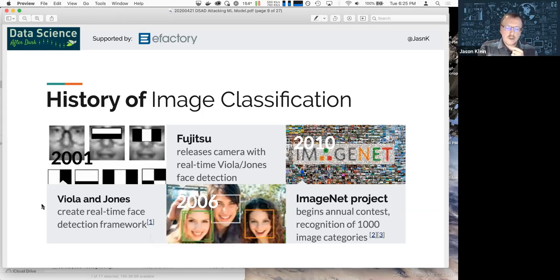But in this particular case, they were able to find a super efficient way to feed images into the computer and run through some very simple layers where, regardless of the orientation of the image, whether it was up and down or sideways or upside down, they would run the image through these different layers where the very first layer would basically look for what's known to be sort of the darker area of your eyes compared to your cheeks, and if the image passed through that filter, then it would go on to the next filter, but it would run the image through that filter at different orientations, and it would just check different parts of the image.